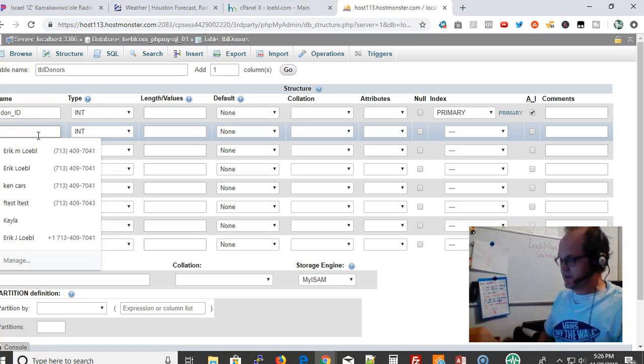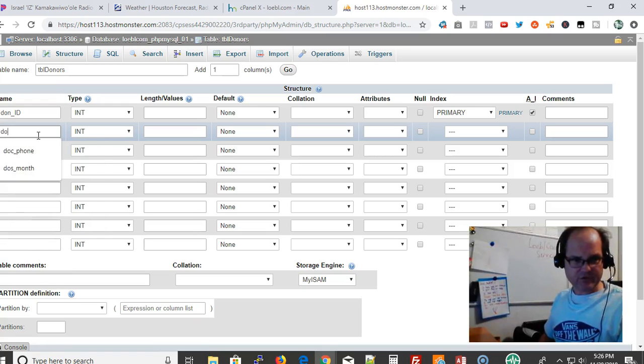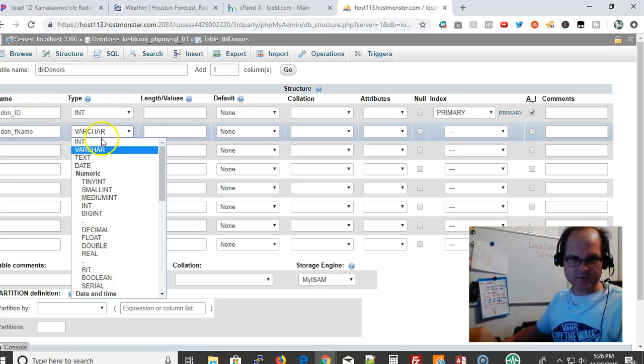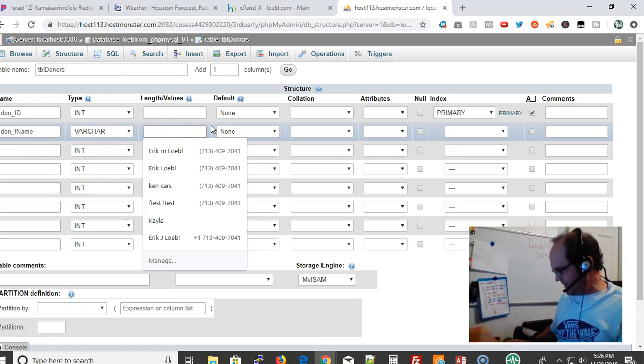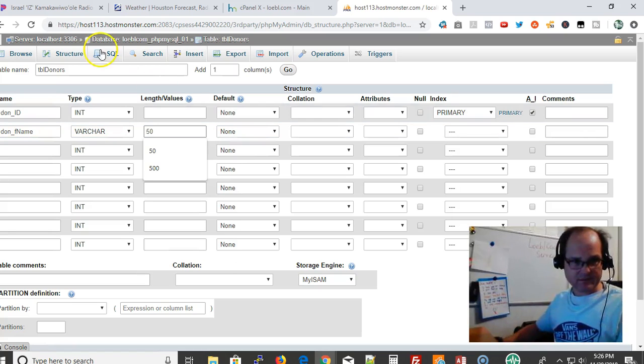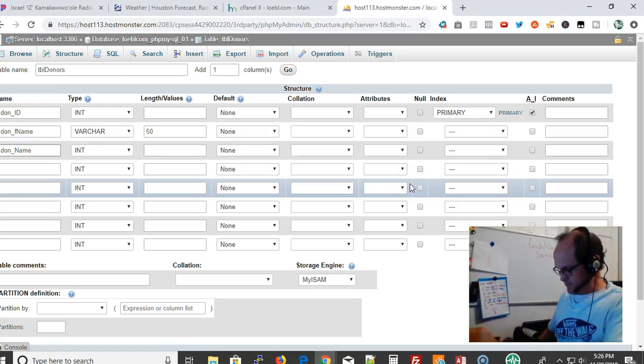Next is going to be first name. So don't... F name, first name, and this is going to be a varchar, which is like a string. And this one I'm going to set a length of, say, 50. Why not? The next one is going to be L name,